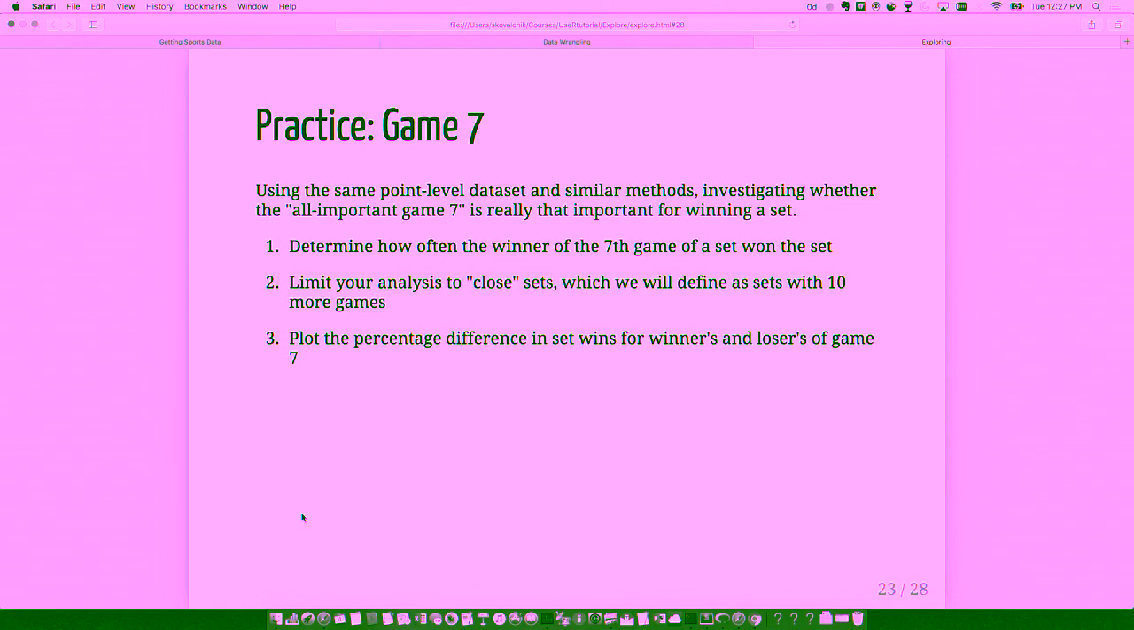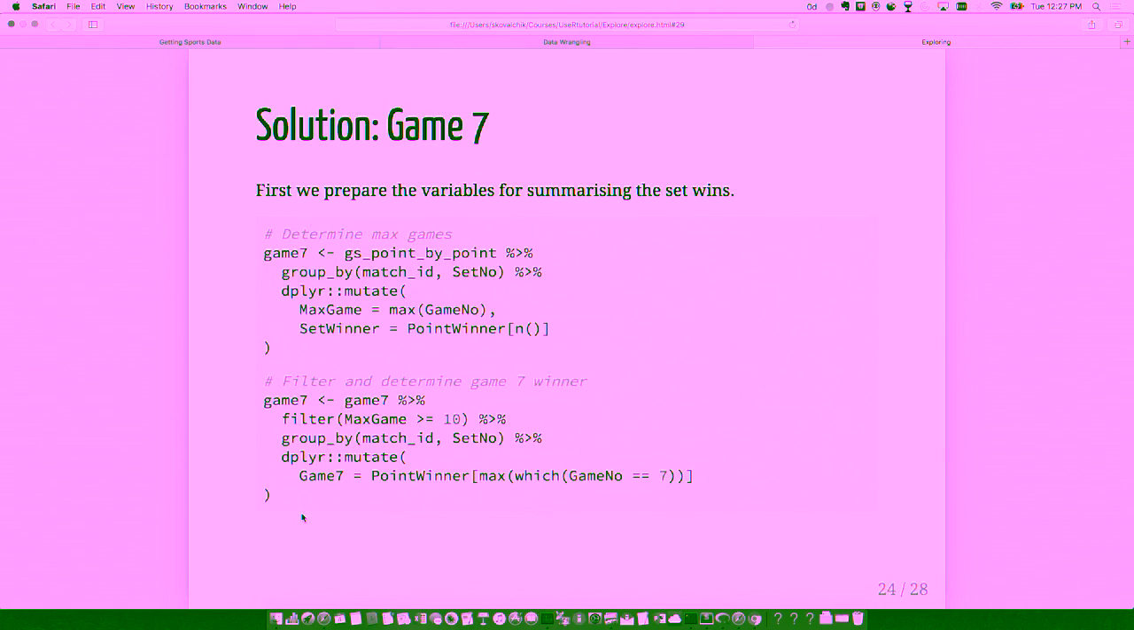Okay, and then finally, I have an example here also we can look at, that game 7. It's using the same data source and some similar kind of manipulation. In this case, we're looking to see the relationship between the winner of the 7th game and winning the set. So this is more of a set level phenomenon than the match. But you could do a similar thing,